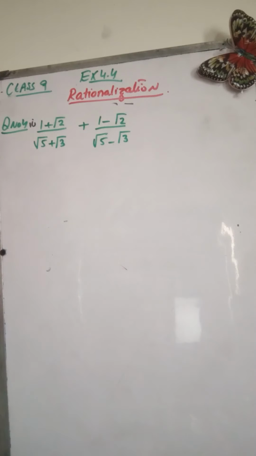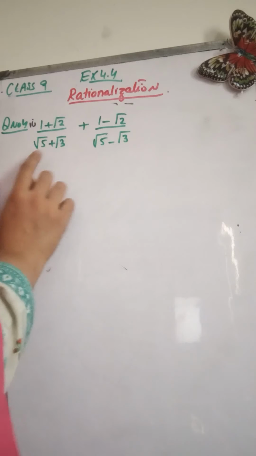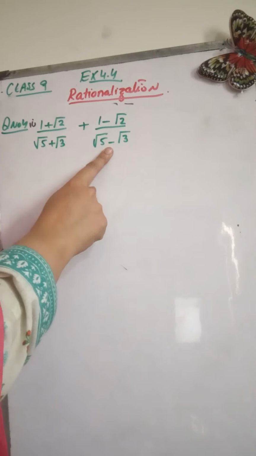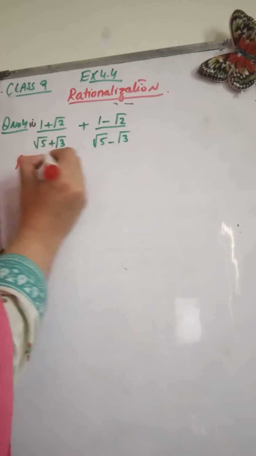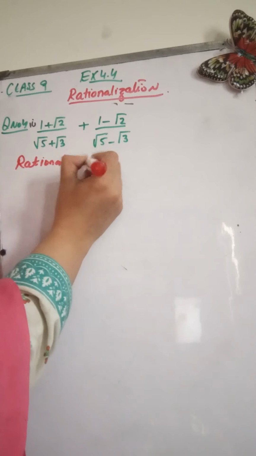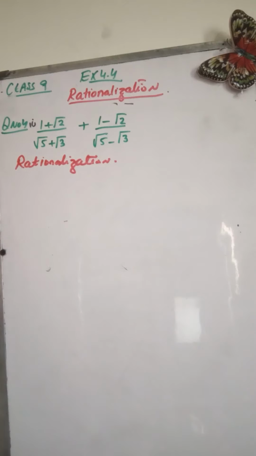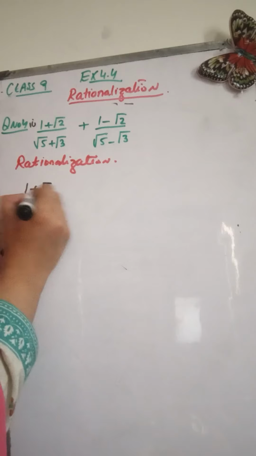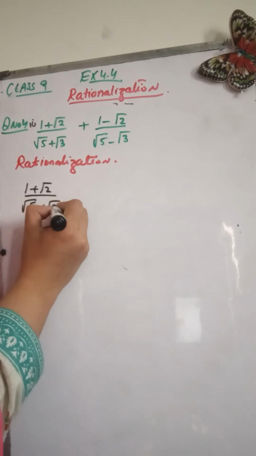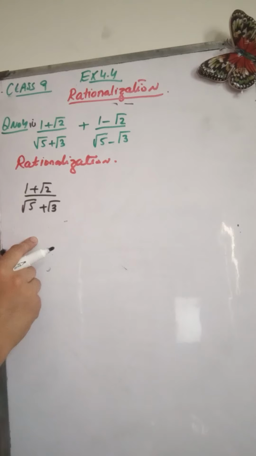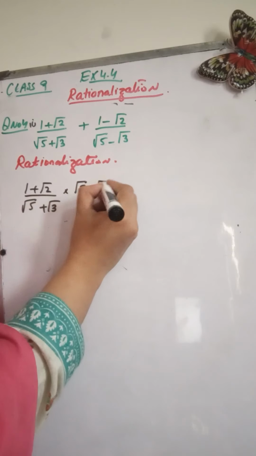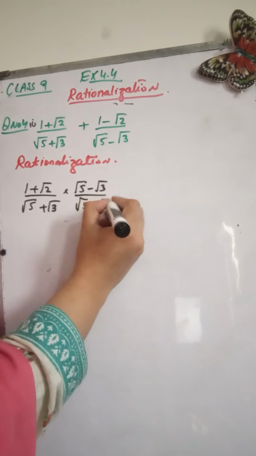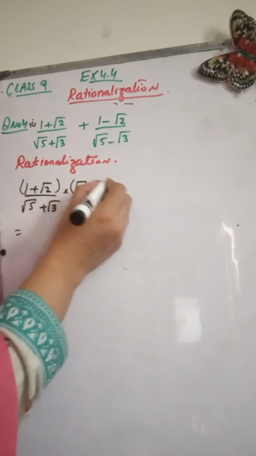Now the next question is, we have to add these two fractions. But first we are going to rationalize the denominators and then we are going to add them. Okay, so doing the rationalization, first pick the first fraction and let me rationalize it. 1 plus under root 2 over under root 5 plus under root 3. For rationalization of the denominator, I will have to multiply the conjugate of this number in the numerator as well as in the denominator. Multiplying these two surds,